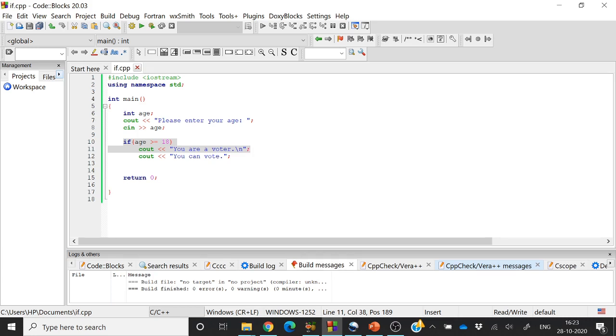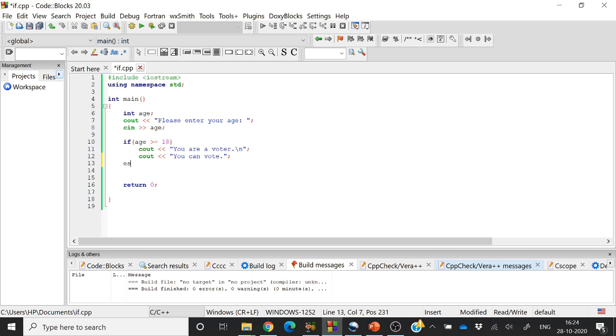After the if, there is another statement. According to the compiler, this statement is not a part of any if condition. This is an independent statement, so it will always be executed whether the condition inside the if is true or false. The situation becomes worse when you use if with an else.